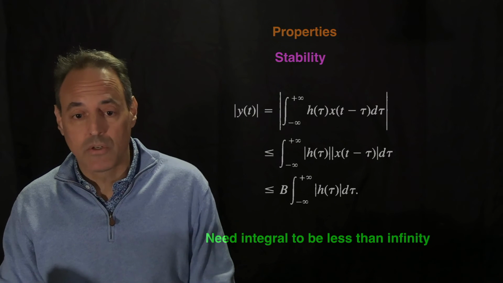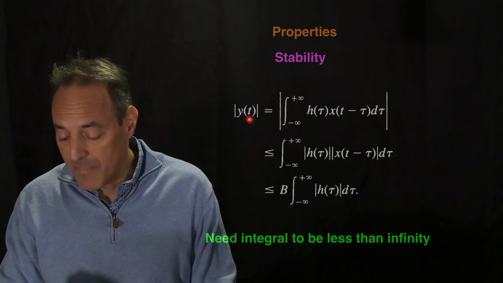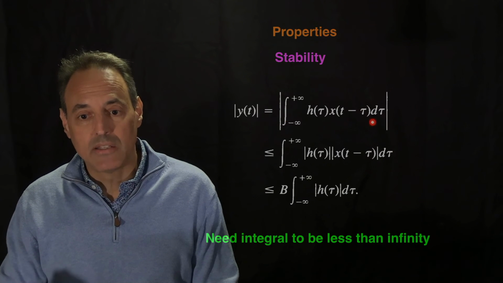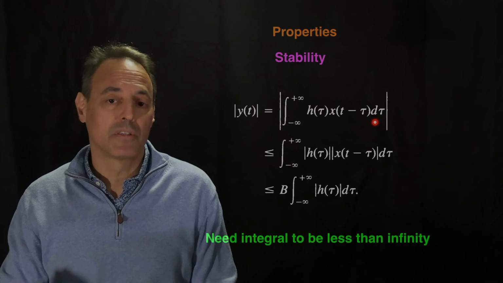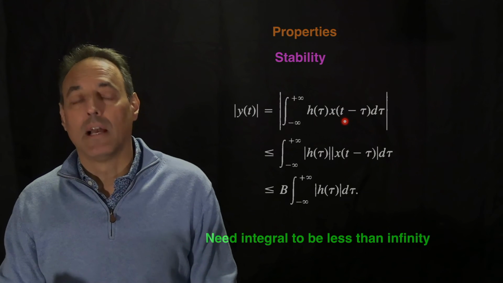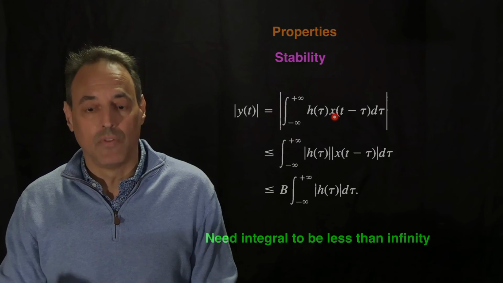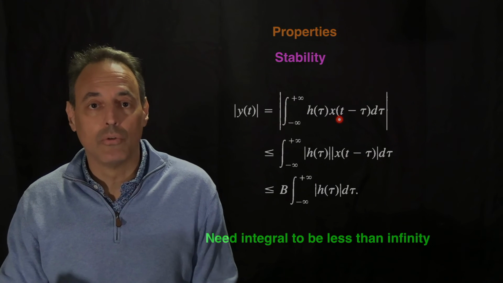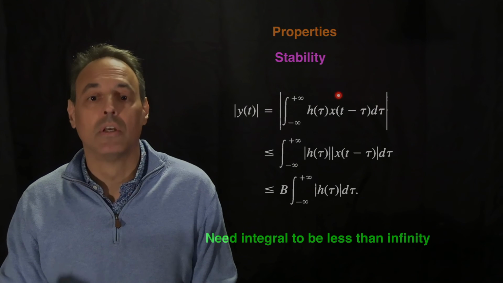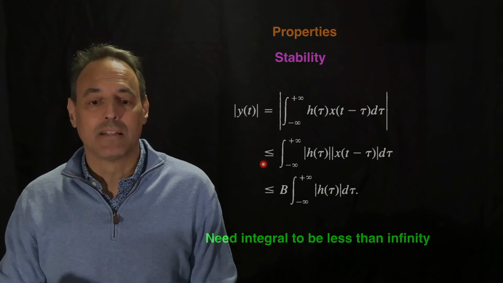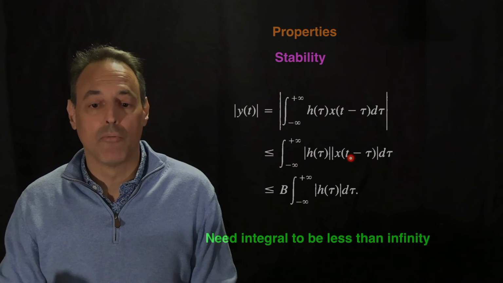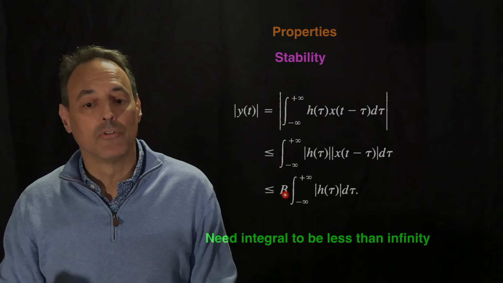So another way to do this is when I think about my response, the absolute value of my response, it is the absolute value of the response now written in its convolutional form, which is the integral of h of tau, x of t minus tau. And now you can use some of your integral relationships, these bounds on integrals, which is the absolute value is less than or equal to the absolute value of each of those functions over that domain, which is less than or equal to,